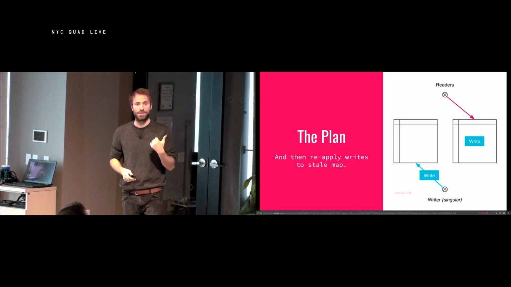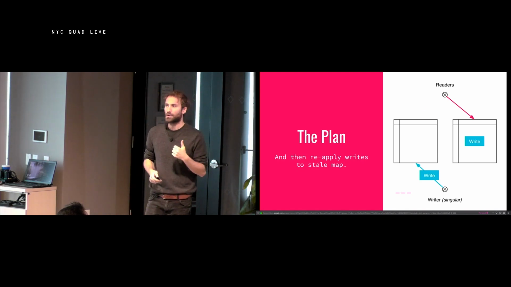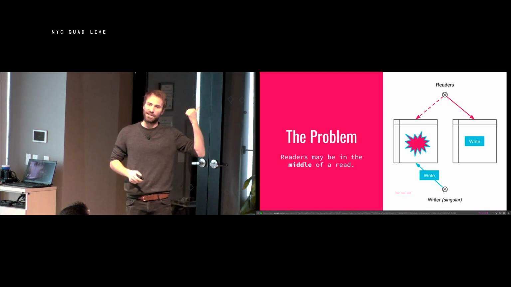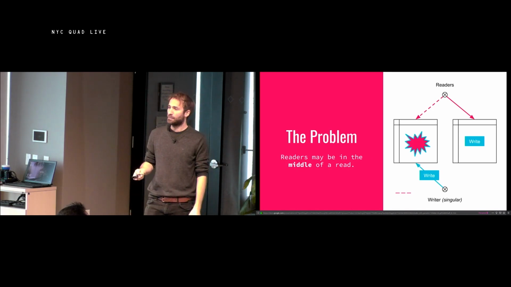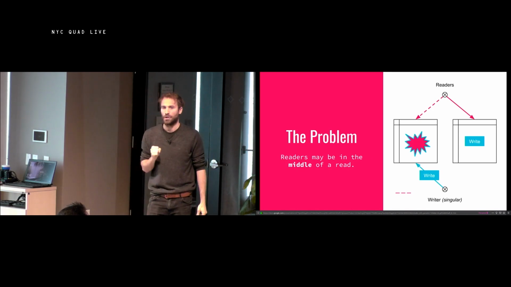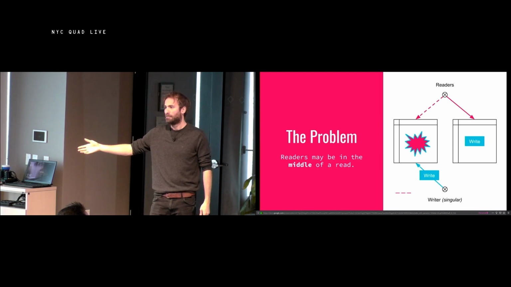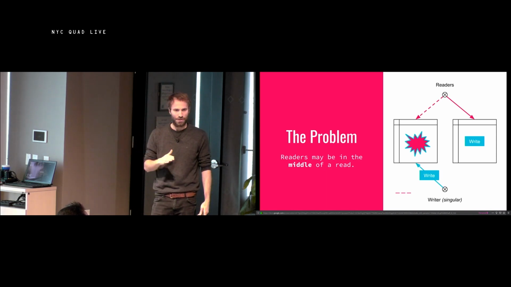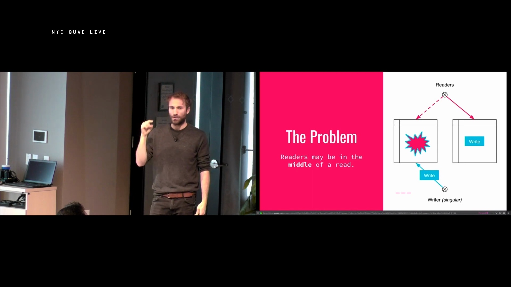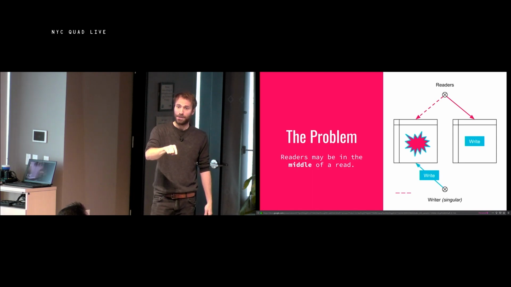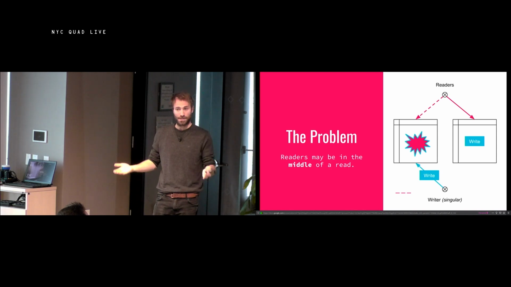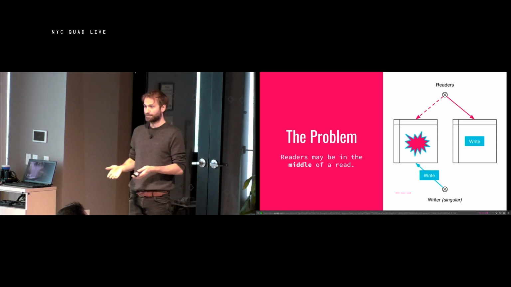But there's a problem with this. If you just did this naively, there could still be readers left in the left map. Imagine that there's some reader who read the pointer and then starts to look through the buckets of the hash map. But then the writer swapped the pointer. So now the writer thinks that they're allowed to modify the map, but a reader is still looking through the buckets of that map. That is not okay. It's a data race, and your program is going to be wrong.